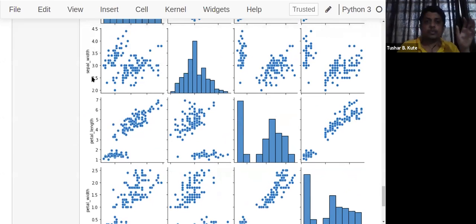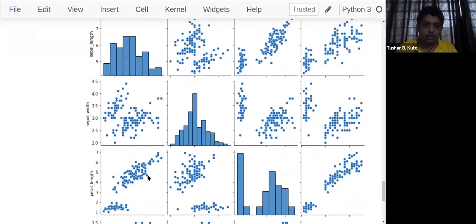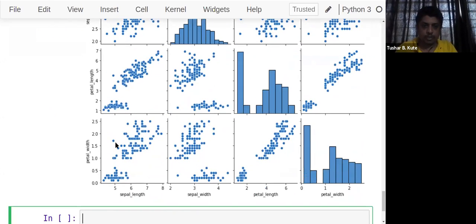Okay. So see, this is sepal length. Again, sepal length, but it is showing its histogram at the diagonal part. We can change the diagonal part also. Diagonal by default contains a histogram of its own, because the diagonal will contain the same element against the same element. So it shows the histogram. But now let's look at this part. It is petal width against the sepal length.